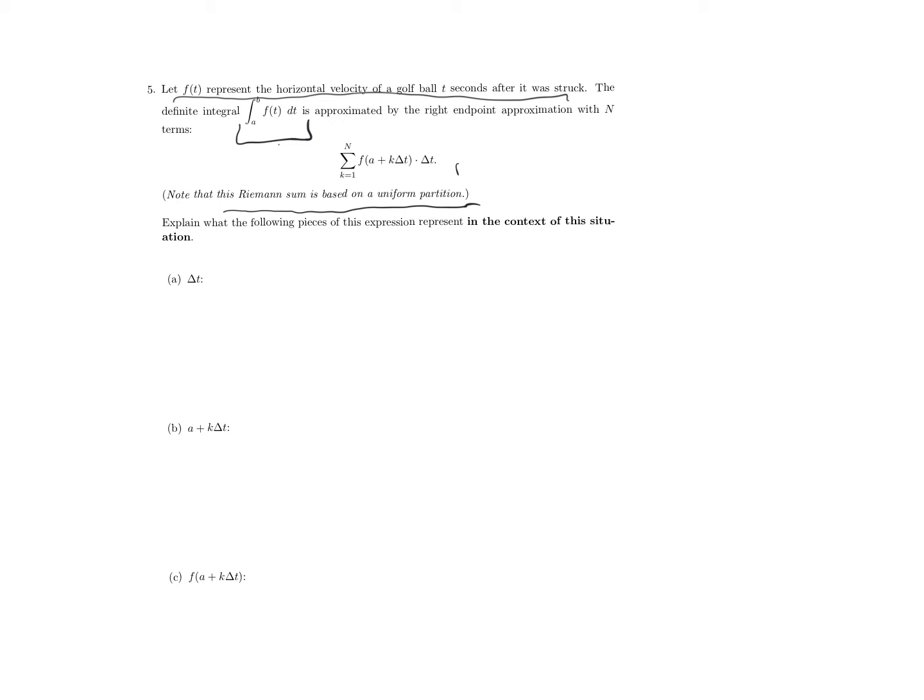Okay, so let's look at delta t. What that means is the amount of time that passes between each velocity sample. How do I know? Well,